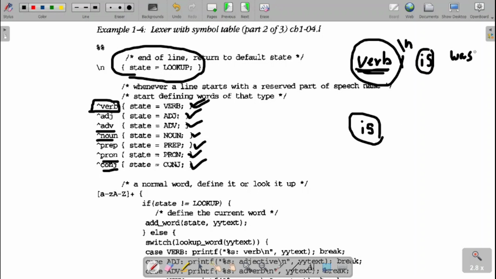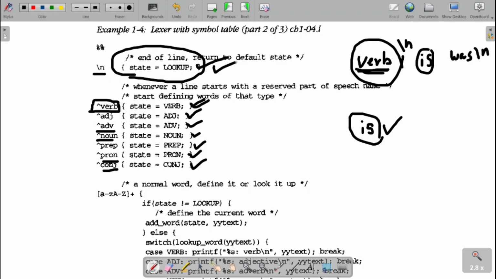In that case, whenever I press the enter key, I am resetting the state to lookup. Lookup value will be equal to 0. When the state value is not equal to lookup, in those cases I need to add that word to the symbol table. In this example, the state will be equal to lookup, because on each enter key we are resetting the state to lookup.